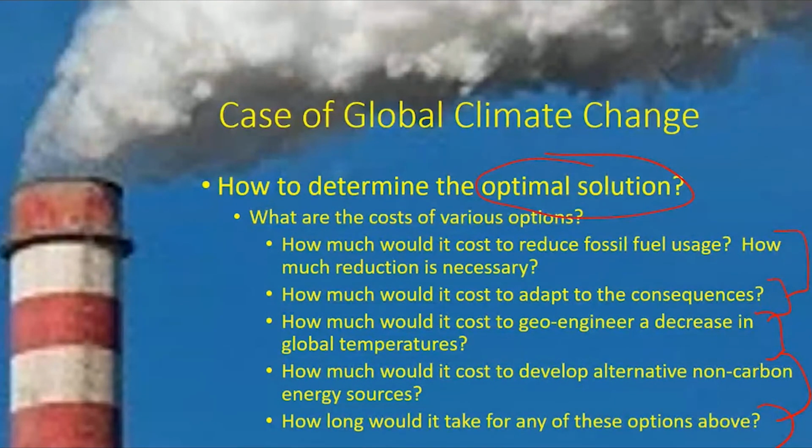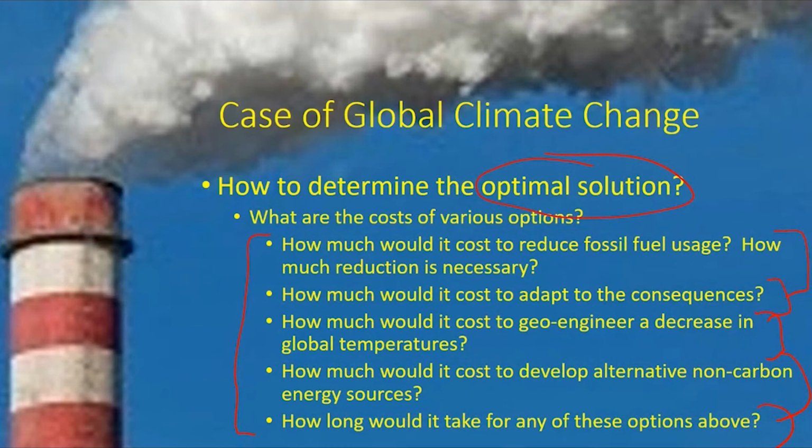I don't have answers to these, but I do want to highlight that when we look at these different ways in which we can respond to the climate change problem, it's not as simple as just saying science tells us the climate is changing, and a lot of people will then make the next jump and say, therefore, we have to cut back on carbon usage. We have to put a big tax on gasoline usage, for example. That's what the science tells us. Well, I want to correct that. The science doesn't tell us what the economic answer or the solution is.